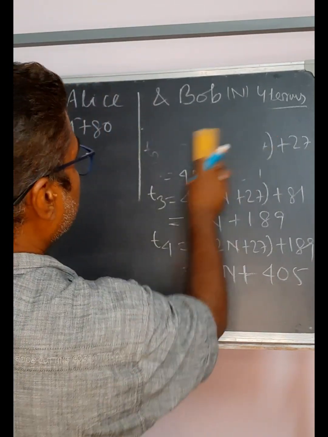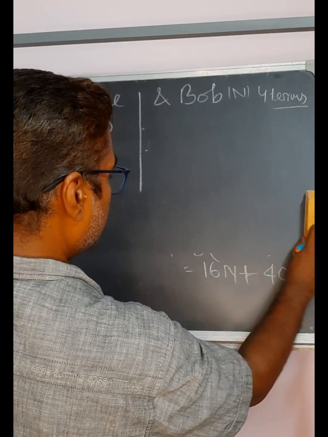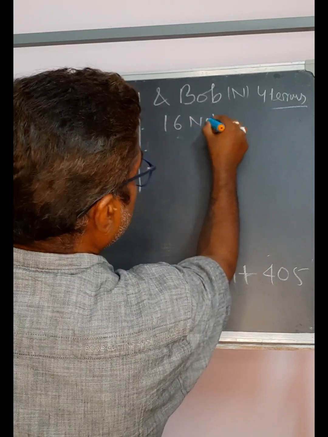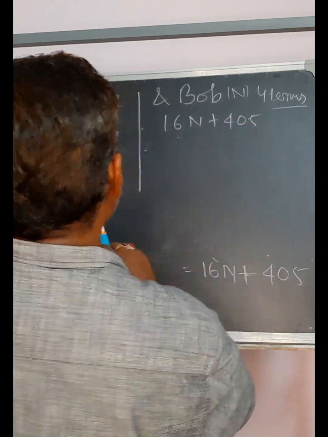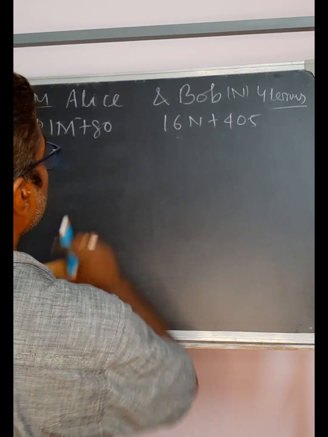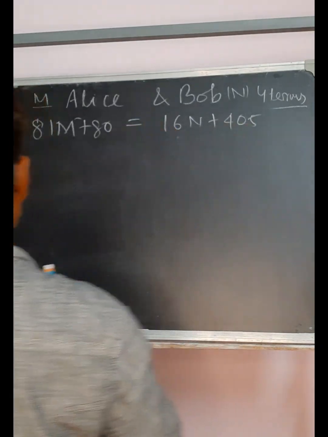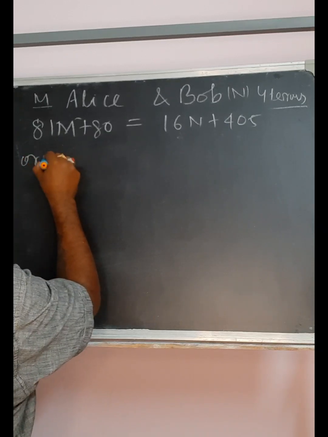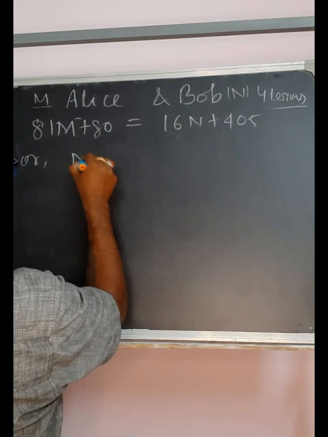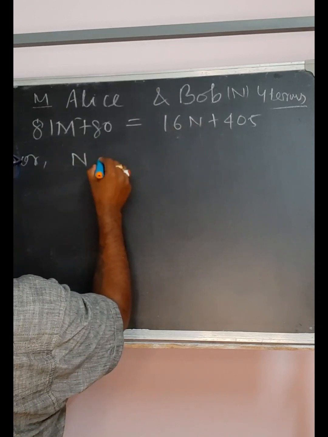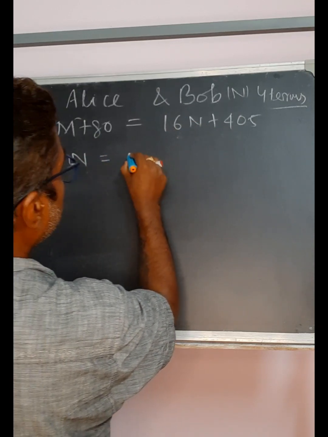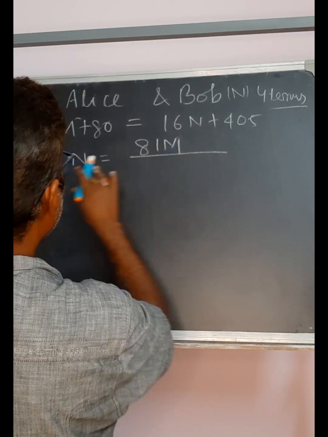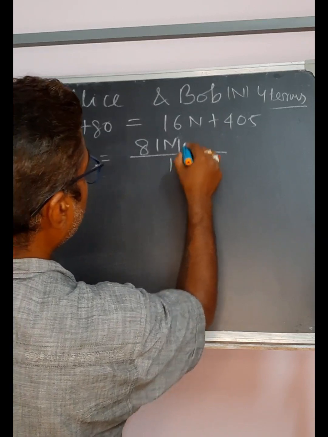I will write it here on the top. Okay, so that becomes 16n + 405. Now as per the condition of the sum, these are equal after the fourth term of the play. Now I want to arrange it in such a way that one single relation comes with m and n. So n becomes equal to 81m on one side, and 16 will come here, minus